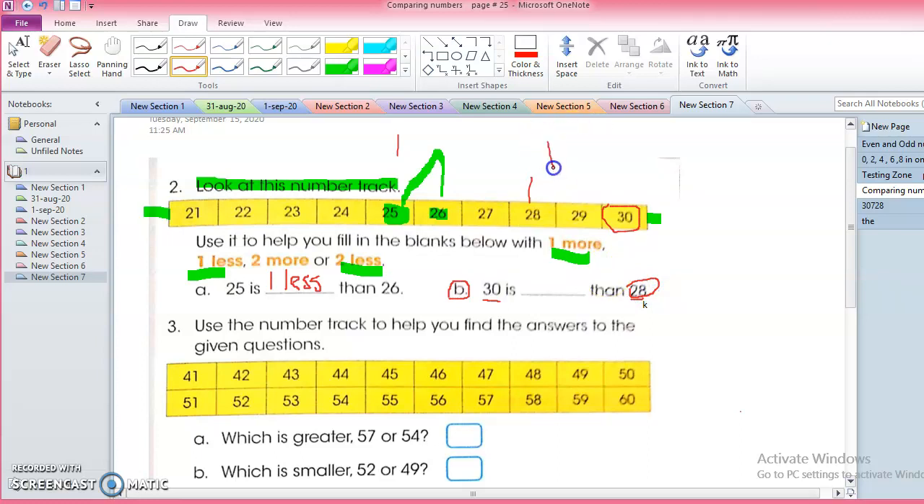What number should I add to 28 to get 30? If I count from here, 1 and 2. That means 30 is 2 more than 28. 30 is 2 more than 28. So you will write 30 is